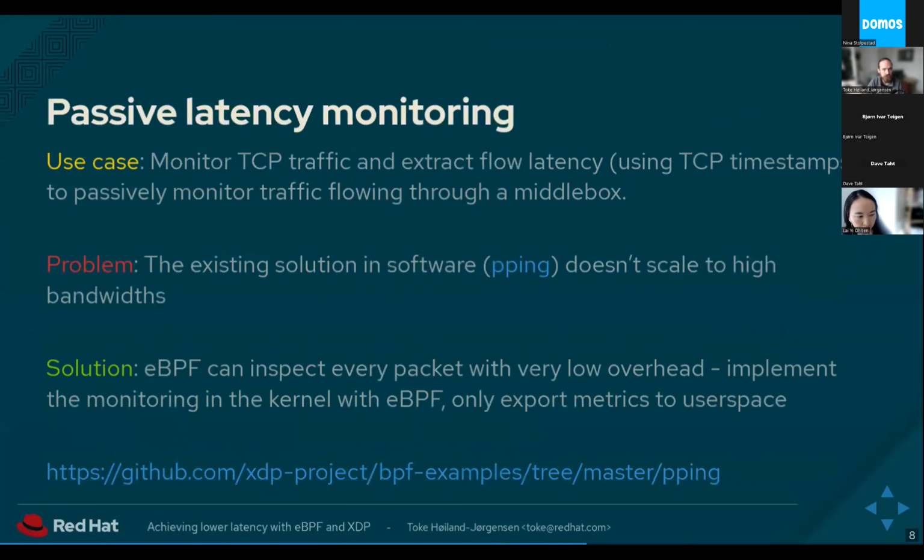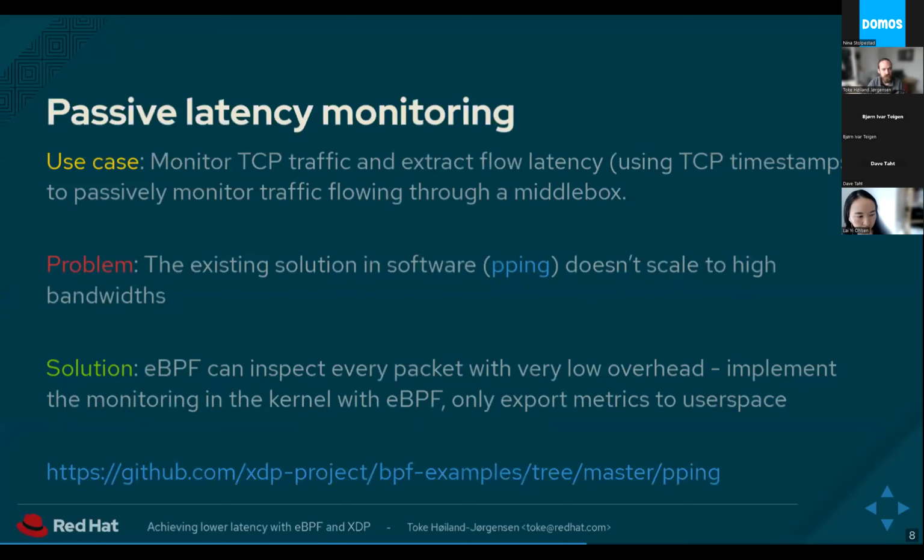The nice thing about this, and I won't repeat what Kathy said, is this idea of matching TCP timestamps and extracting latency measurements from a middle box, which is really cool. The existing software solution that Kathy wrote uses libpcap, which works really well, but has trouble scaling past basically 8 gigabit on modern hardware, because the kernel path is slow. You have to copy all packets to user space, and then you have to do the analysis there.